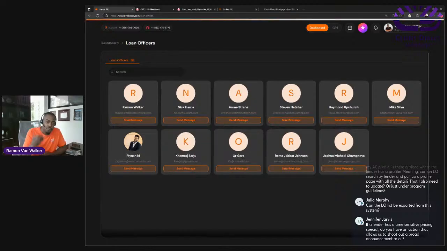So if you have true value and products where you can actually help a loan officer do more business, then by all means, let's talk about it. Let's get it in the system. By the way, your Zooms will be recorded and put underneath your profile as an AE. So all the work you do within our profile will be stored for other people to come and see.